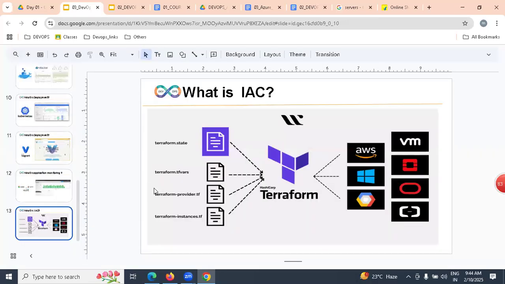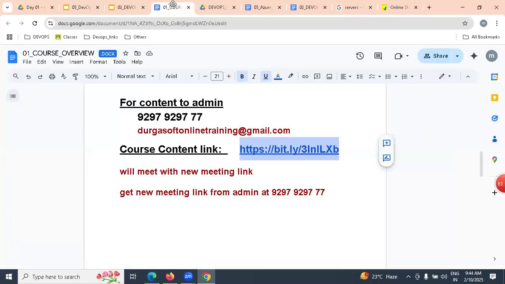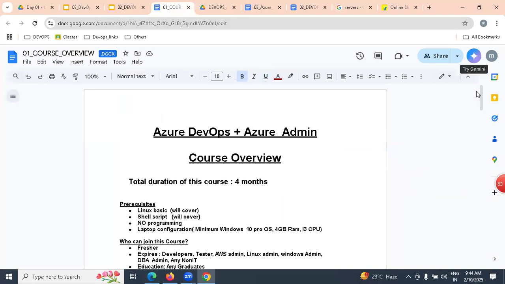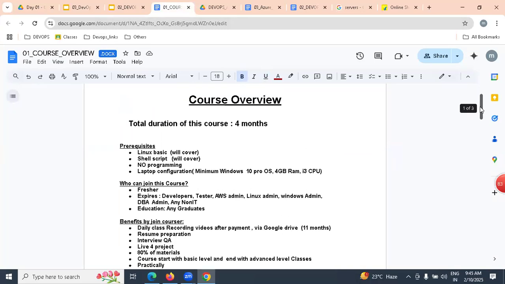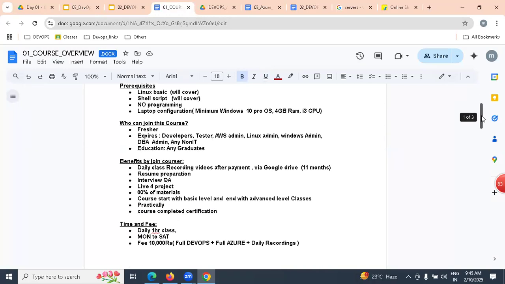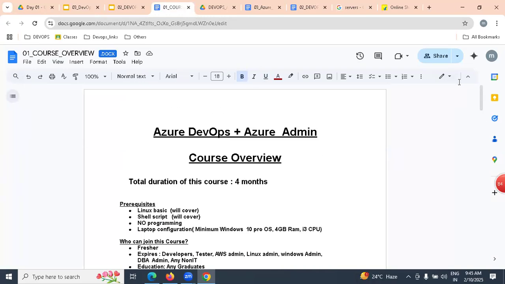Clear? Any questions, guys, please? That is exactly what we cover for today's session. Tomorrow we'll discuss what Azure administration is and the relation between DevOps and Azure. That is the class for tomorrow. So today is enough. Any questions, please? Some of the students joined late, so let me repeat this again.